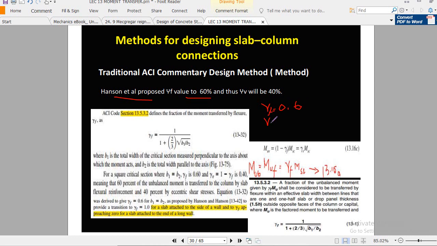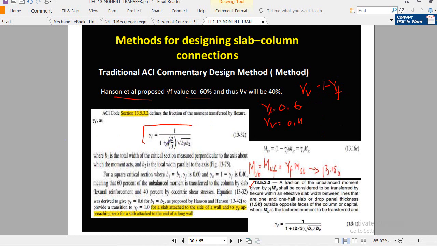And gamma V will be, now the rest of the moment will be transferred through eccentric shear, that is 0.4. So if you find gamma F, you just need to subtract. How to find gamma V? It will be easy, just 1 minus gamma F. Okay, you just need to subtract from 1, you get this gamma V. And gamma F can be determined by using the ACI equation, which is in this section